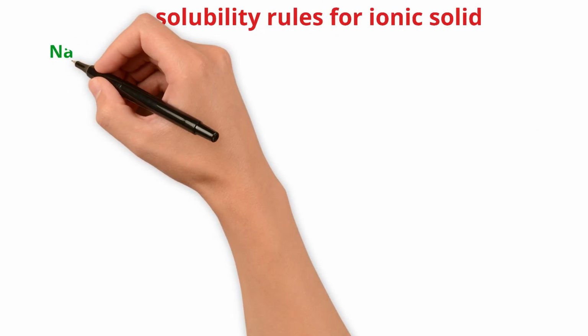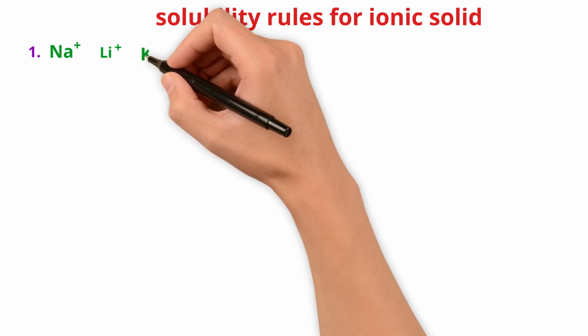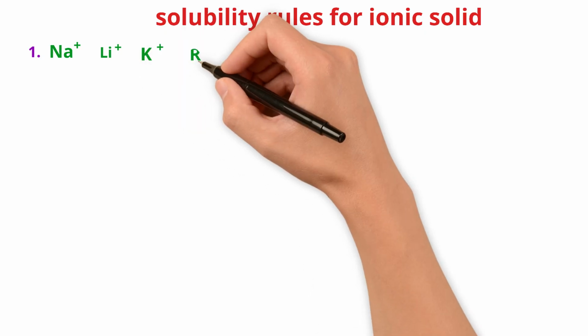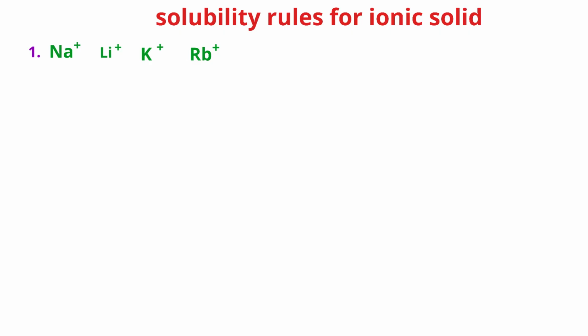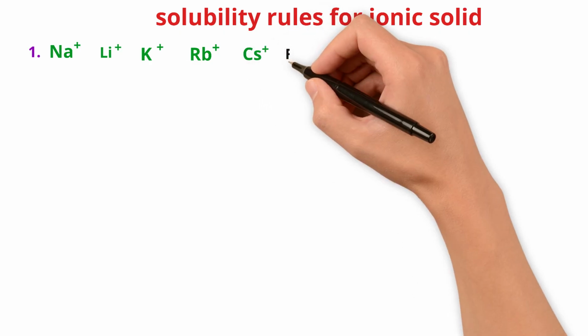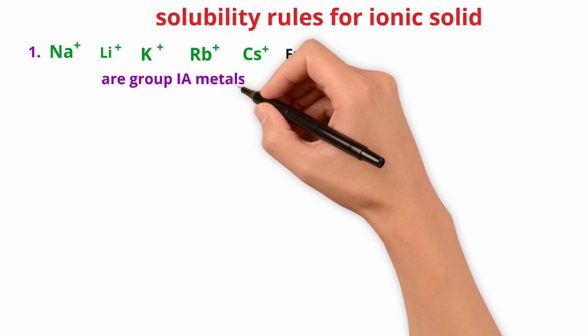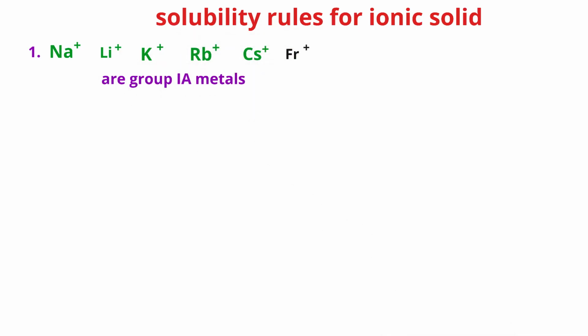Now, let us talk about solubility rules for ionic solids. The first rule is about group 1 and ammonium ion. Group 1 metal ions: sodium ion, lithium ion, potassium ion, rubidium ion, cesium ion, and francium ion. Actually, francium atom is a radioactive element. They are group 1 metal ions, and